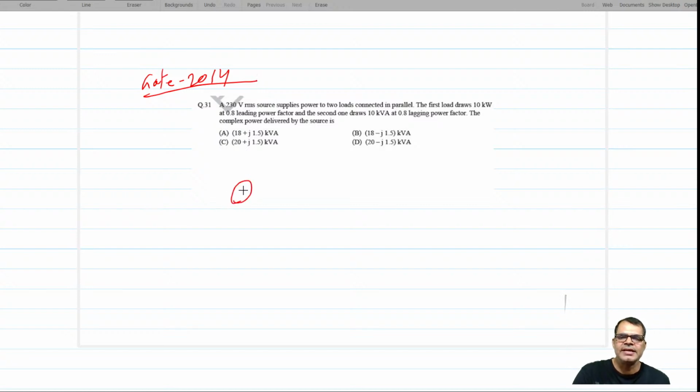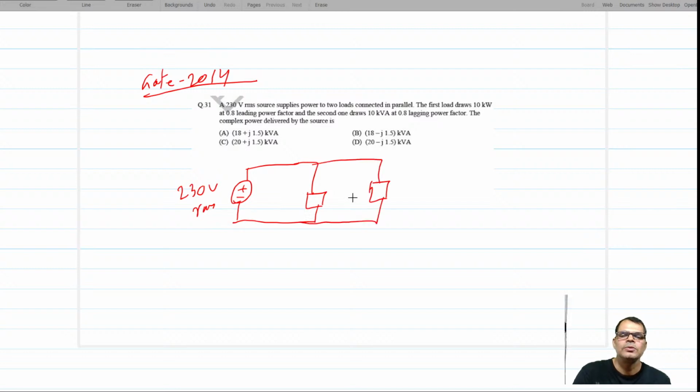So it says that there is a voltage source, which is 230 volt RMS. It has two parallel loads, let's say load 1 and load 2. So load 1 draws how much? That is 10 kilowatt,